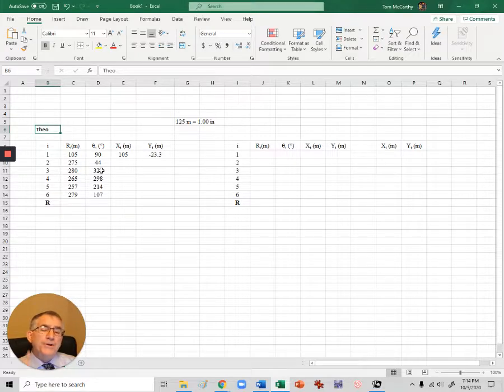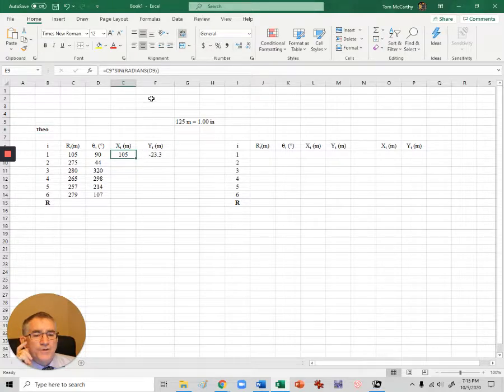Now remember, 0 degrees is north. So if you want a y coordinate, you need to use a cosine. Okay, so if your angle was like this and you want that piece, okay, remember you're measuring the angle off north. You need cosine for that. Sine is going to give you the x. So if you look up here in the top, you can see I got C9, which is the R1 vector, and then I type times, which is an asterisk,